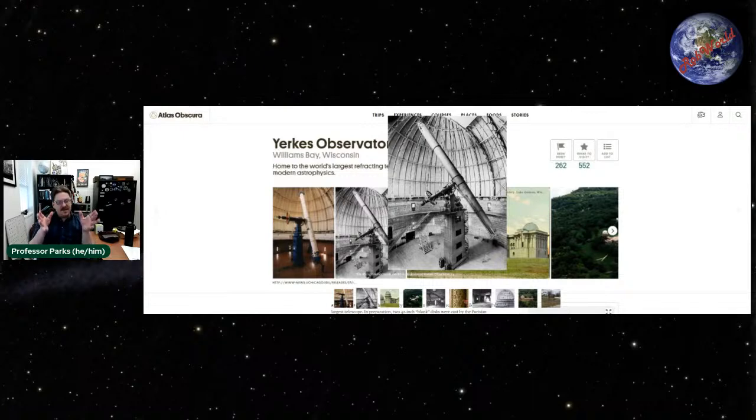Because gravity is a thing, when this thing is pointed up, gravity is going to cause that lens to deform. It's going to cause the center of that lens to bend downward. Like I said, it's held by the edges, but the center has the most mass, so the center is going to dip.